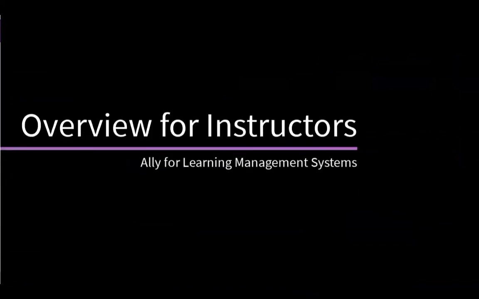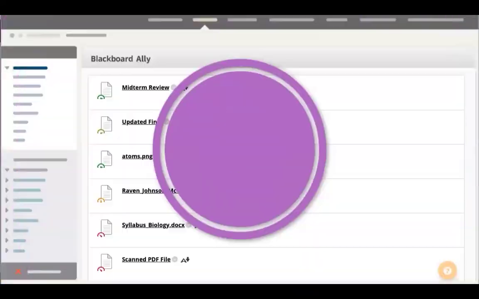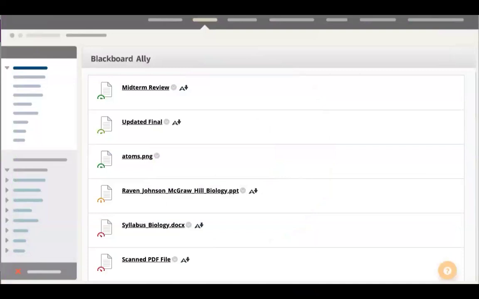Blackboard Ally works seamlessly with your learning management system to gauge the accessibility of your content. Let's take a look. When you upload files to your LMS, Ally automatically creates alternative versions